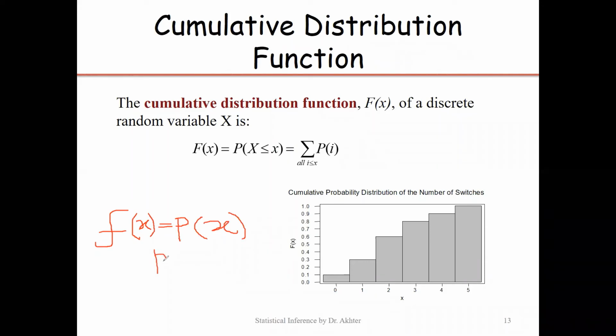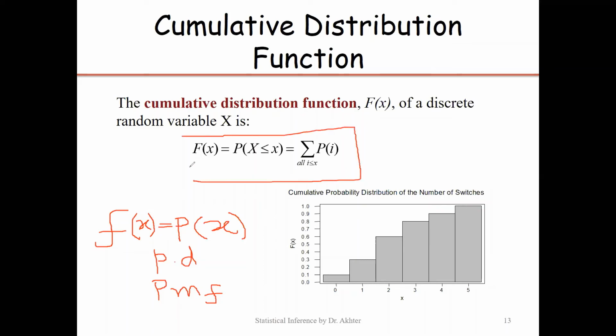We use the term PD or PMF, probability mass function. If it is in the form of a function, it is called probability mass function. If it is written in the form of a table, we can use the term PD or the probability distribution. And this can be represented by P(x) or f(x). This is the simple probability distribution. If it is a cumulative distribution, instead of writing small f, it is capital F. And the function has a graph of a step function as I told you earlier. So this is the cumulative distribution function.